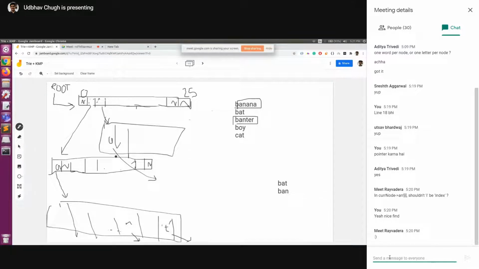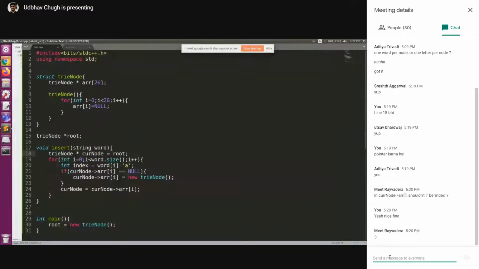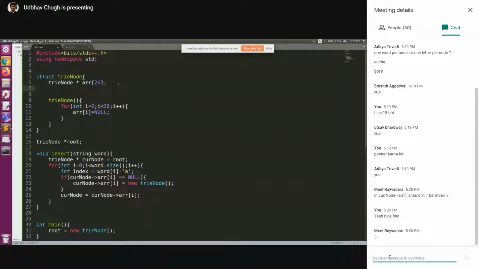That way, only when banana comes do we return true, and not for ban or bana or banan. Similarly for banter, when we reach the R array, we set the Boolean value to true. That way none of the prefixes are wrongly returned as true, which is currently happening.